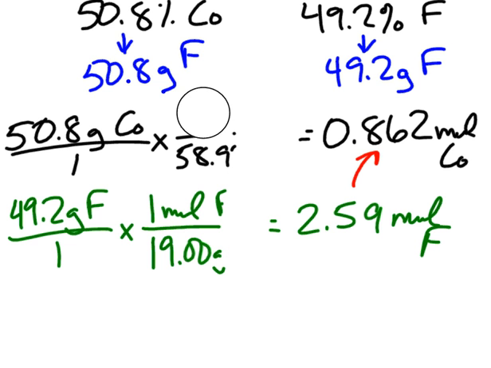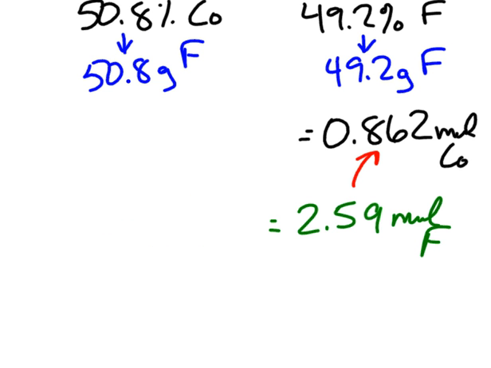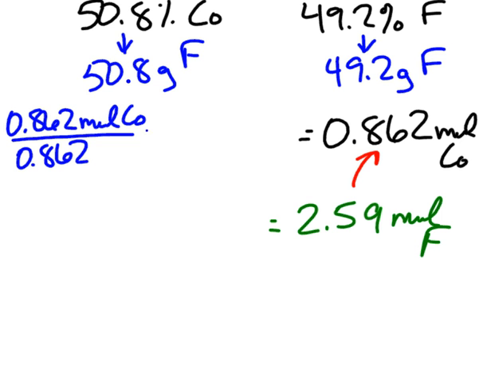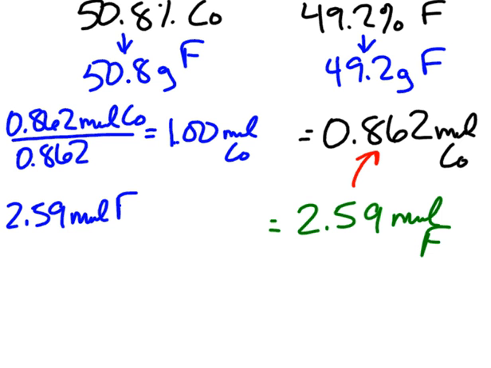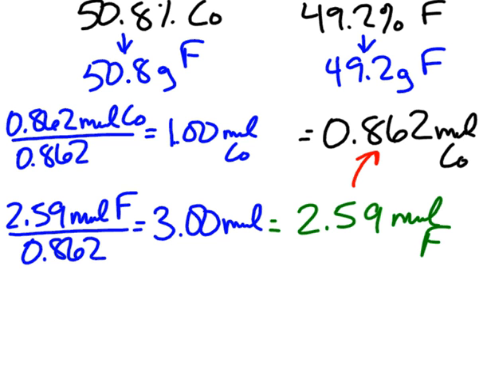So we will divide both of those number of moles by the lowest number, which would be the moles of cobalt. So 0.862 moles of cobalt divided by 0.862 equals 1.00 moles of cobalt. Do the same thing. 2.59 moles of fluorine divided by 0.862, and I'm going to end up with 3.00 moles of fluorine,